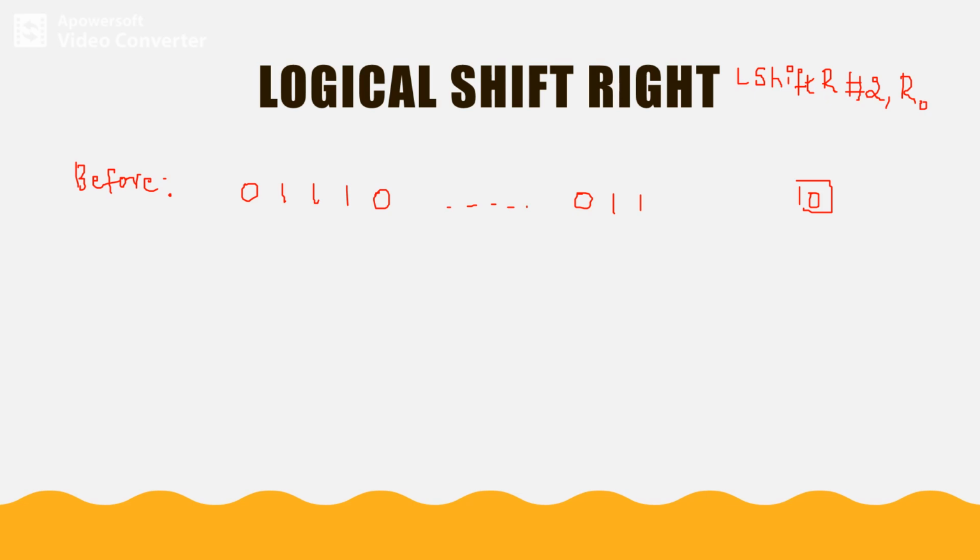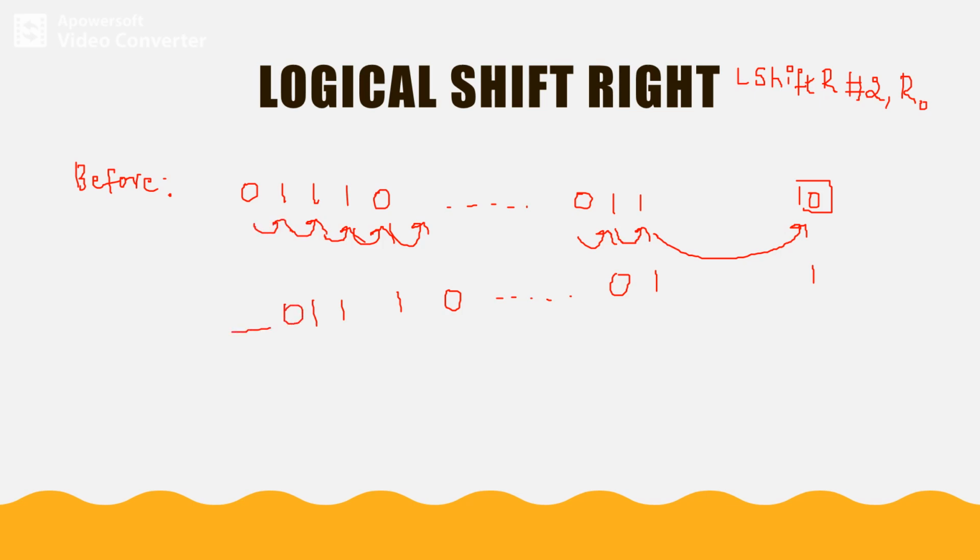So we have to perform logic during the first iteration. So this one will come to this position. So this one will come to the previous location. This 0 will come to the previous location and so on. So this 0 will come to the previous location. 1 will come to the previous location, 1 and 0. So this is vacant now. This is vacant now. So this is during the first iteration.